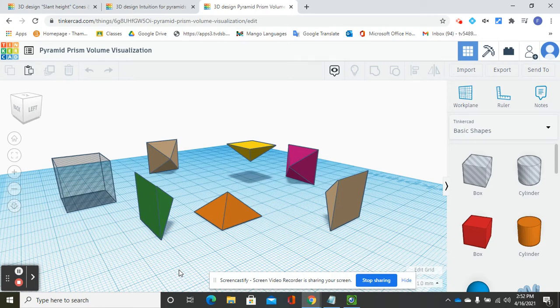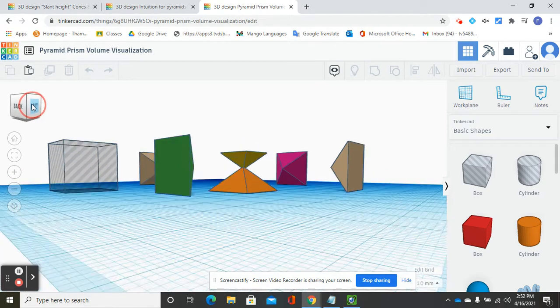Okay, in this video, we're going to discuss prisms and pyramids and their connection. You've learned in the course content that the volume of a pyramid is always 1/3 the volume of a prism with the same height and base. And that's the same relationship for cones and cylinders. A cone's volume is always 1/3 of the volume of a cylinder that's got the same radius and the same height. I'm going to show you some intuition about why that is, or maybe a little visualization,